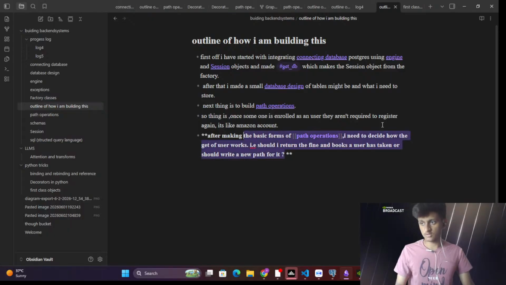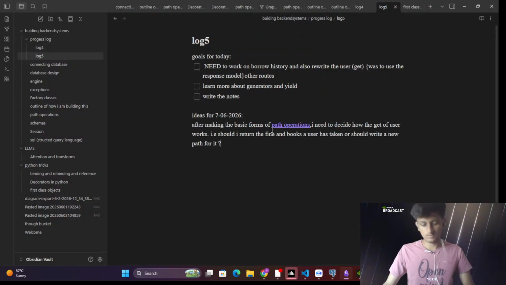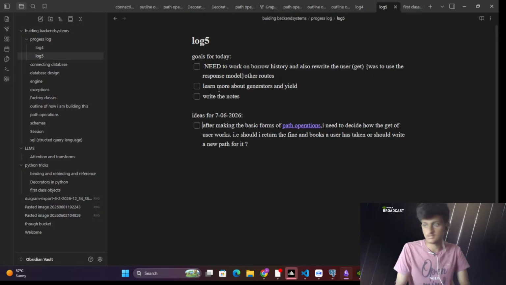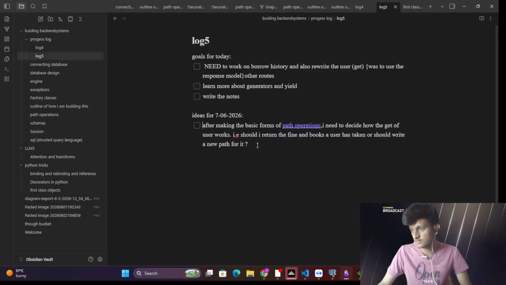let me just copy the whole thing and actually paste it in the log file. Ideas for this is this. This is actually an idea, right? So what this idea says is after making the path operations,